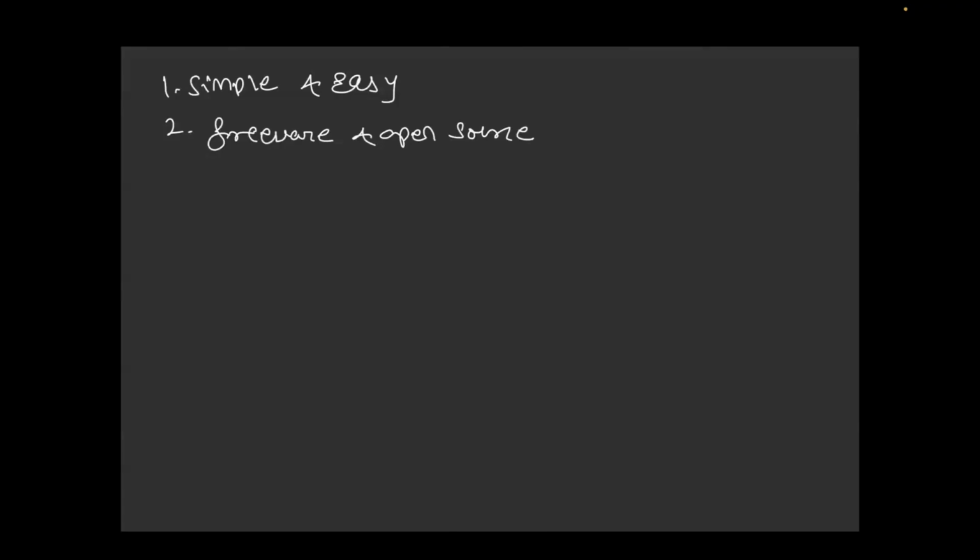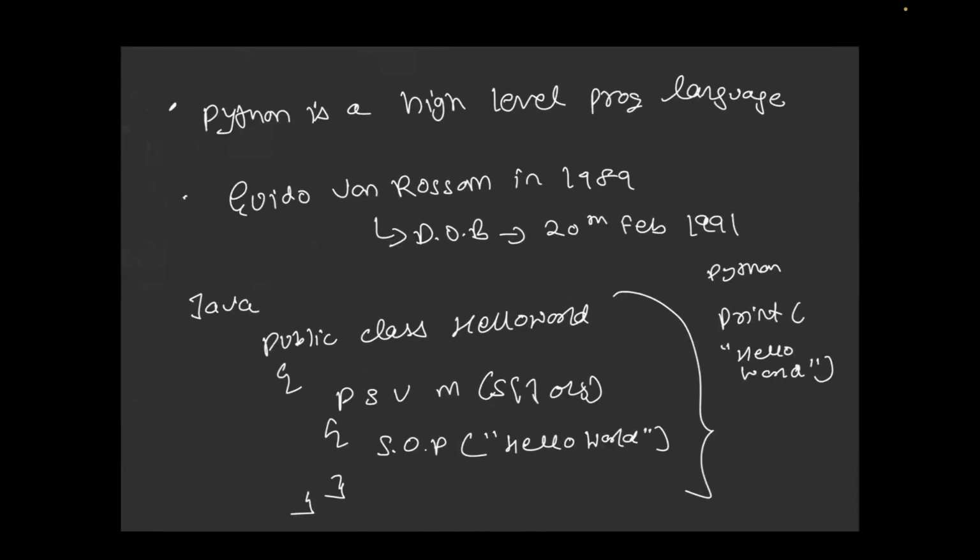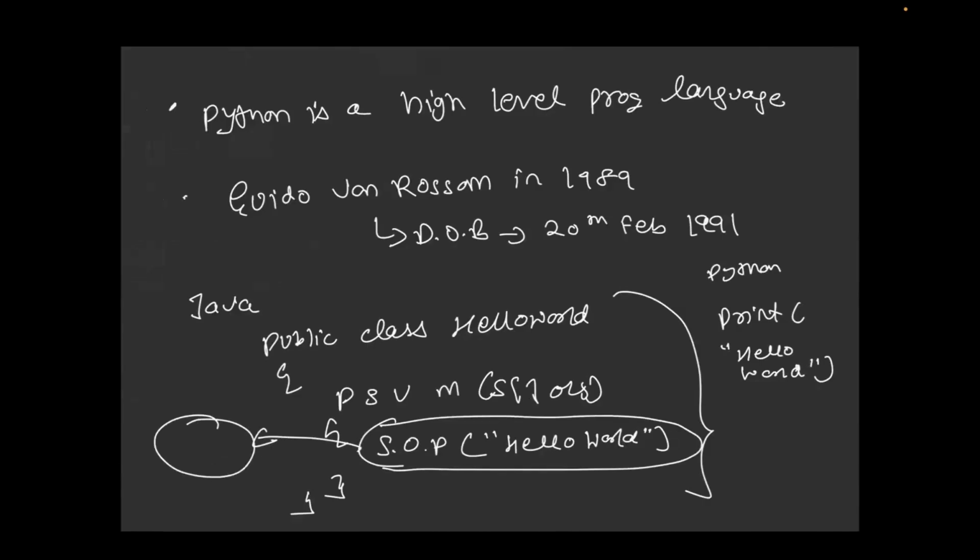So being a programmer, we are not required to concentrate on any low level activities like how memory is getting stored. Now what happens in Java? When you see this line, this gets stored in an object. It stores in memory, and this memory is stored in heap memory. Then there is static memory, a lot of words, a lot of things in Java.